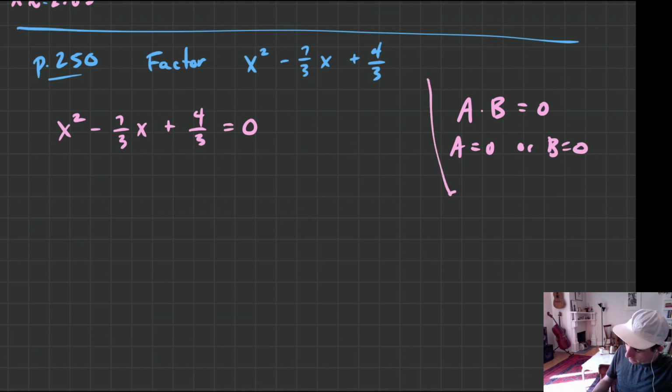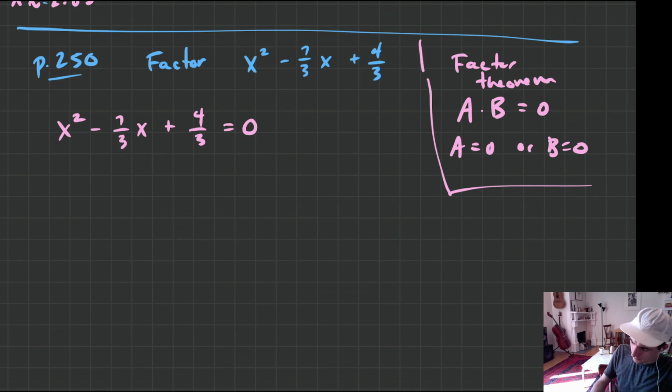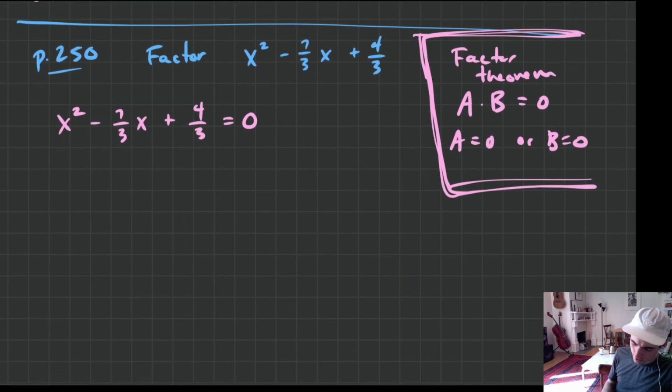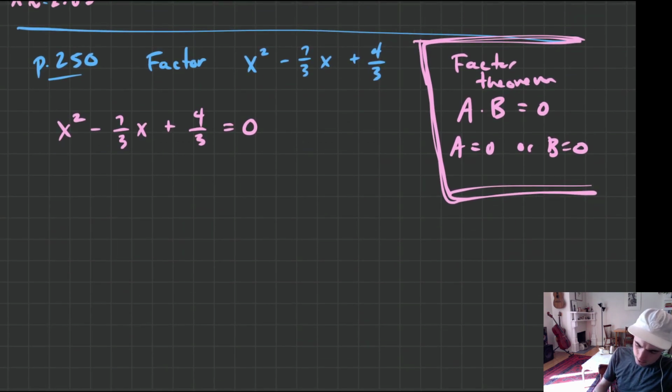This is called the factor theorem, by the way. The factor theorem. We use it enough that it kind of needs its own name. So we're going to use any solution along with this, and you'll kind of see what I'm doing here. We're just going to complete the square, and then we'll write it in factored form. So I'm going to complete the square first.